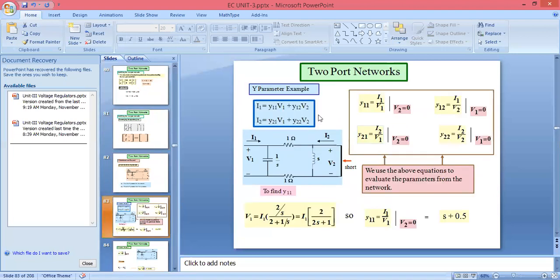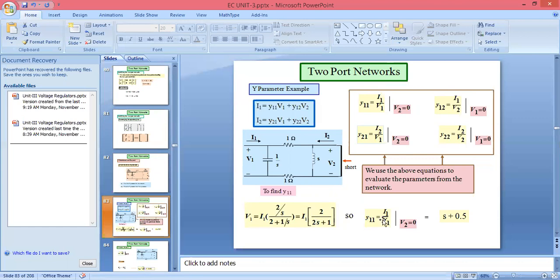If we are having one example like this and we are supposed to find the admittances y11, y12, y21, y22, we are having the equations. If we are having the resistance, you can take it directly. If we are having the inductance, you can take 2s, and for the capacitance you can take 1 by s, that value as it is. You can convert these equations in the form of current, or you can convert these equations in the form of voltage. So you will get I1 and I2. In I1, numerator and denominator will get cancelled and you will get the values. So if you are writing the equations for voltage in the form of I1, you will get that value.